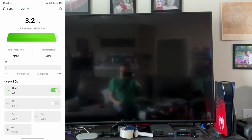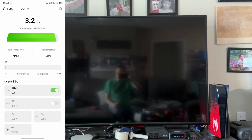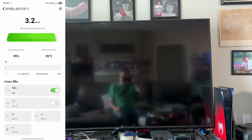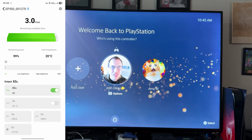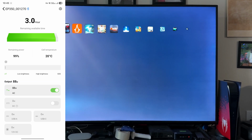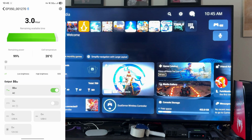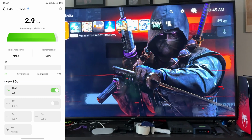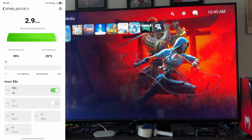If I use the splitter and try to power both, the PlayStation would try to draw 200 to 300 watts and the TV would be drawing 200 watts. So it just wouldn't work. All right, so using the dashboard, it actually doesn't draw that much power. You'll see that there's currently 83 watts. But if you start up a game,